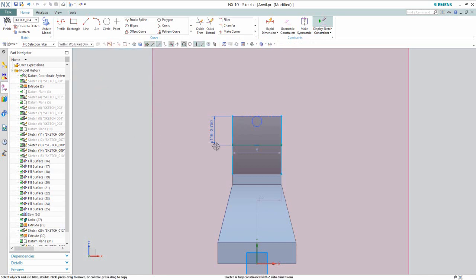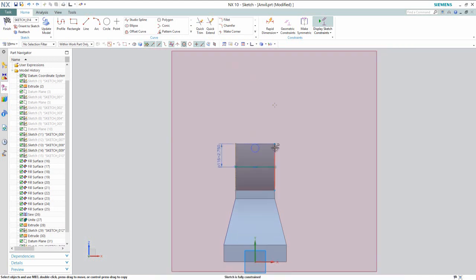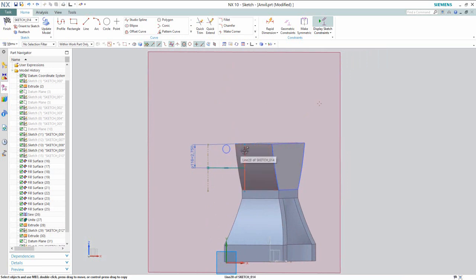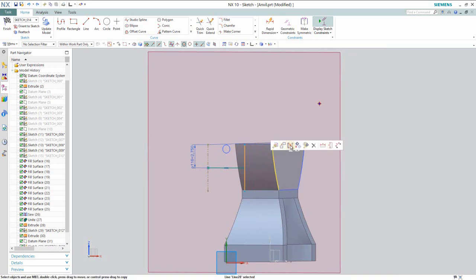Select this point and this edge and apply point on curve constraint. And convert the side projected edges into construction geometry. Okay, that's it.